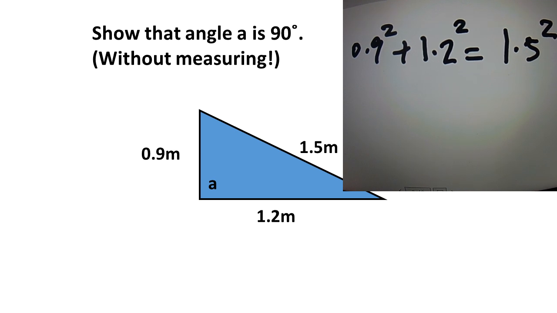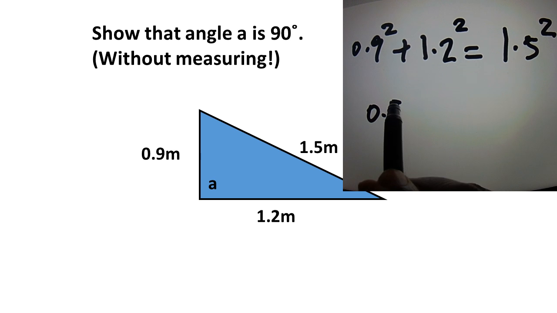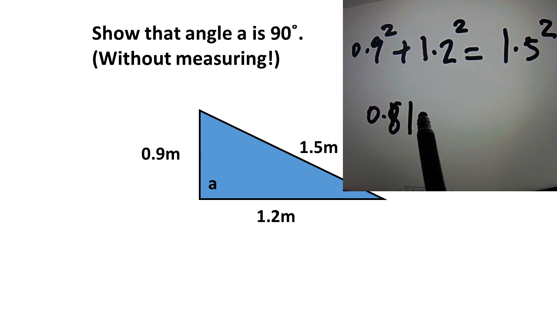So if I square 0.9, I'm going to end up with 0.81 plus